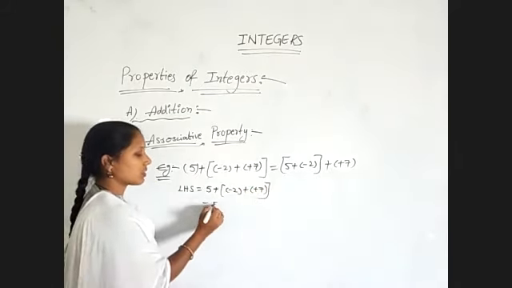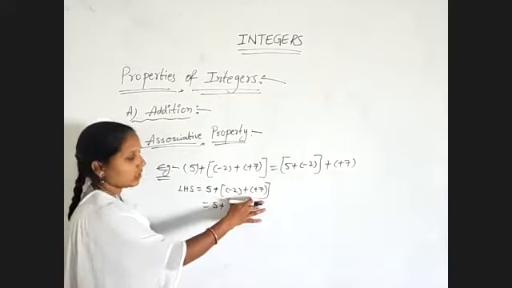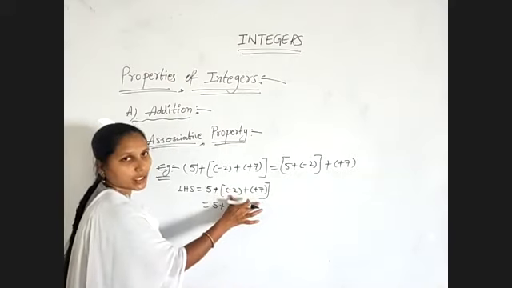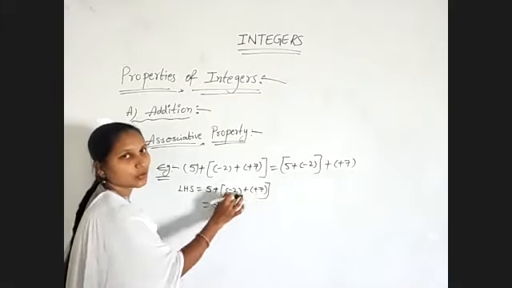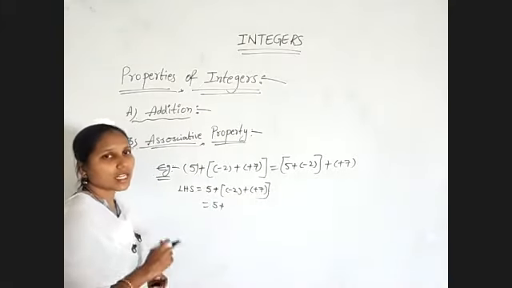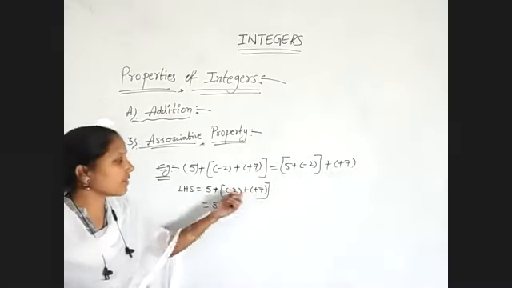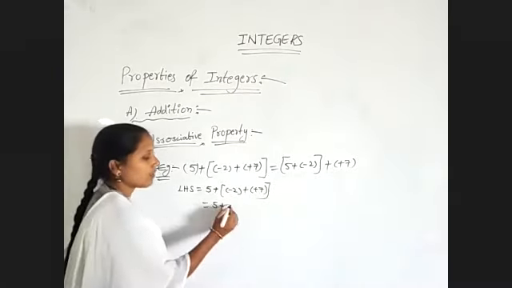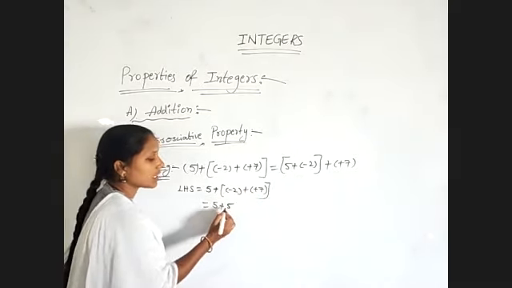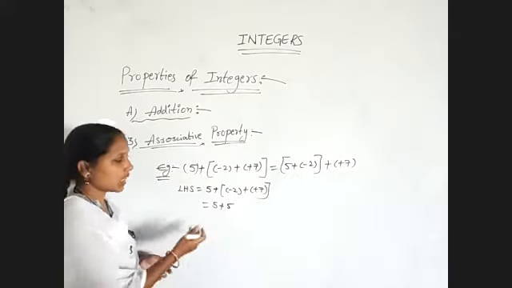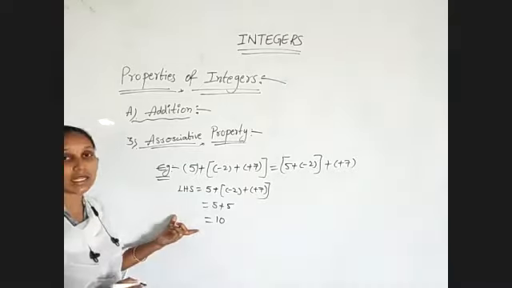Now coming to the first question. 5 plus, because we are getting the bracket for this one, first we need to perform this operation. Minus value, plus value, -2 and plus 7. One is negative, one is positive. What we have to do? Subtraction. 7 minus 2 is equal to 5, and 7 is having plus symbol, that's why we will get plus 5. Plus 5, we need not indicate here. 5 plus 5 is equal to 10. So this is the simplification at LHS.